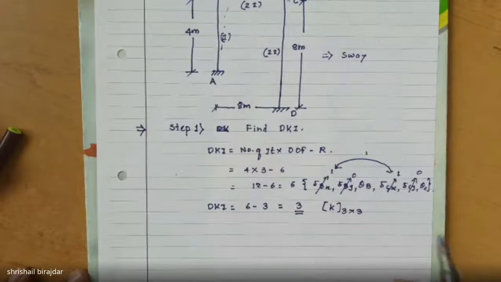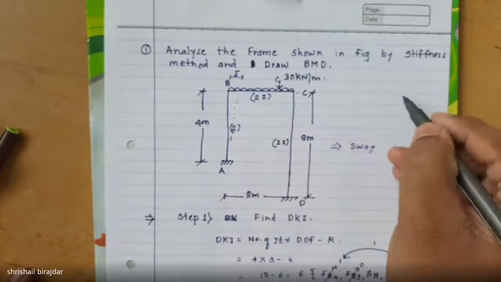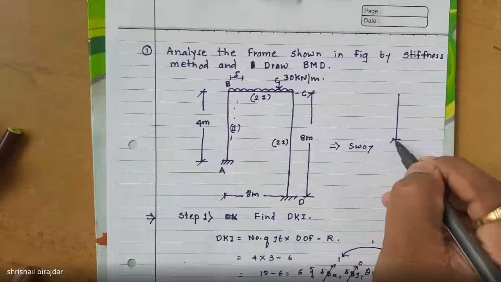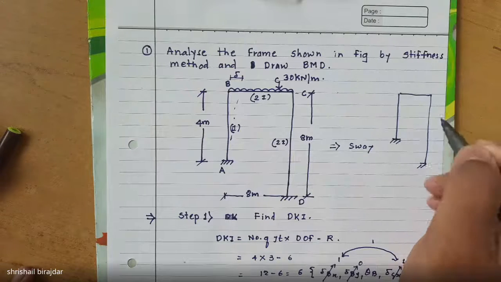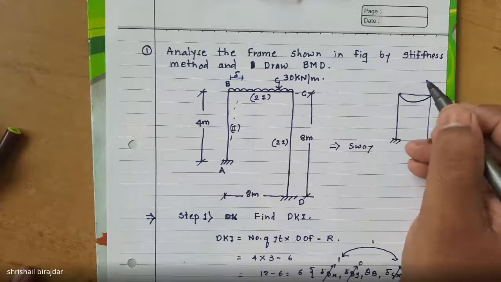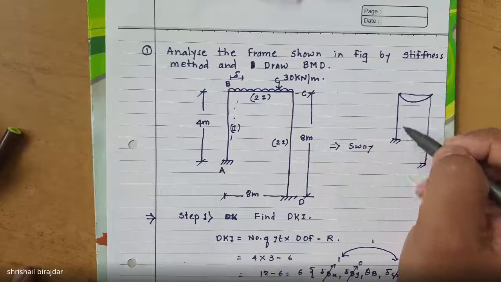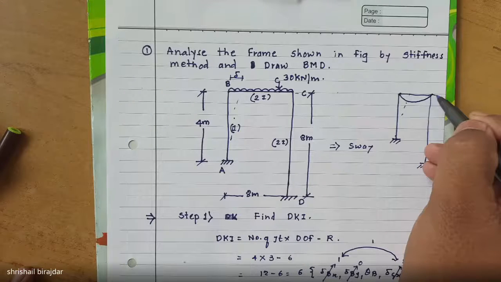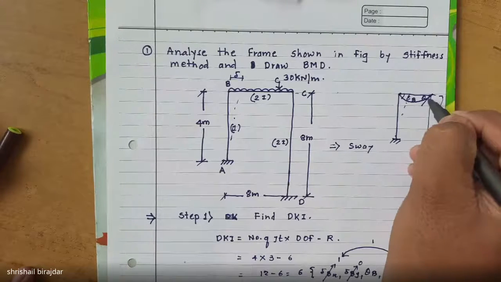How will you get? You just see this particular node. Here, I'm trying to draw a deflected profile of this particular portal frame. This is the portal frame. After applying this load, this frame is deflected like this, and as this is a geometrically irregular structure, therefore it is deflected like this. So here the unknowns are theta b, theta c, and delta.